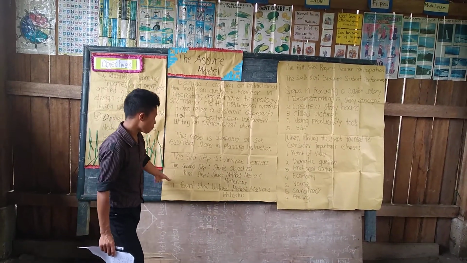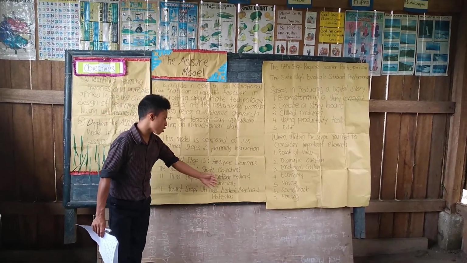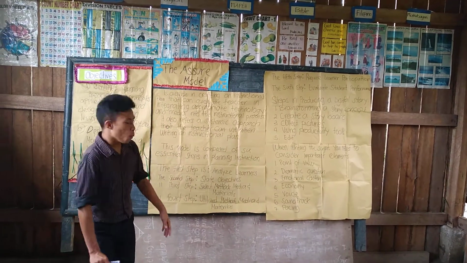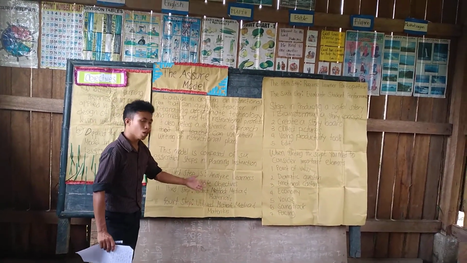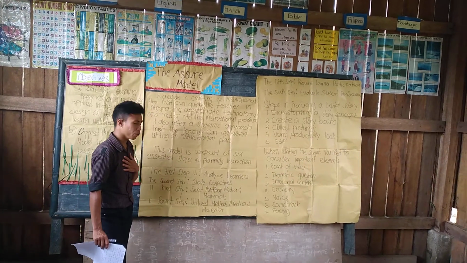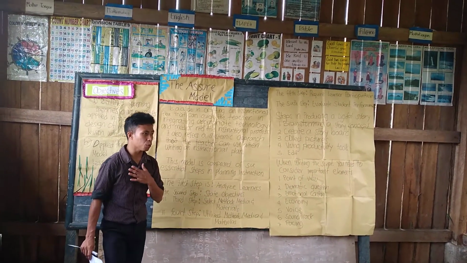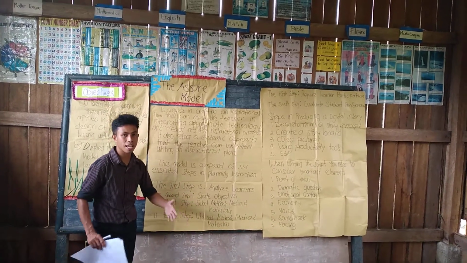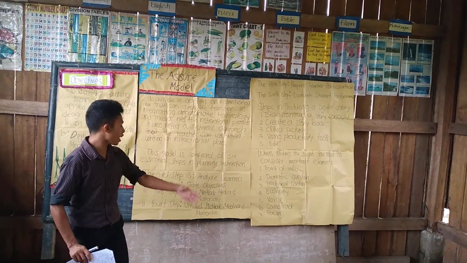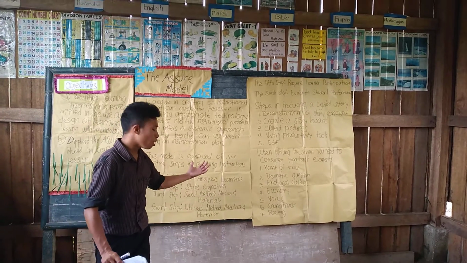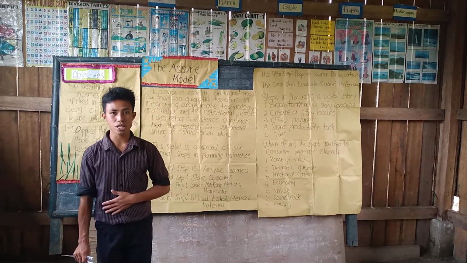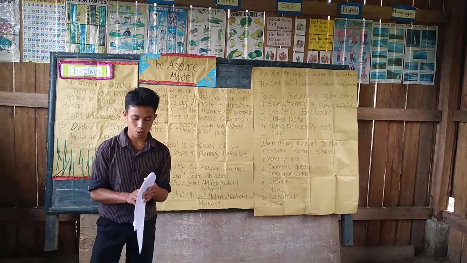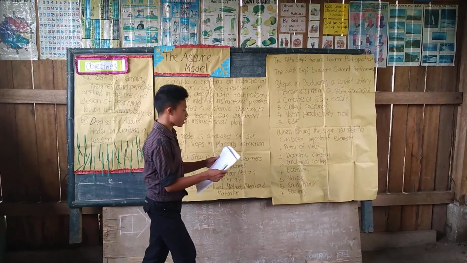The fourth step is utilize methods, media, and materials. When the teacher selects the methods, or when we select other tools, we must analyze and utilize them and study whether those methods, media, or materials are easy for the students and good for the students. And then the fifth step is